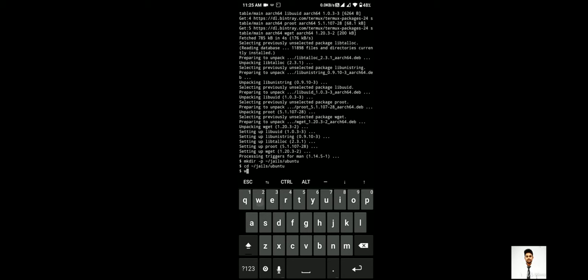Now we do wget https://raw.githubusercontent.com/neo-poly/termux-ubuntu/master/ubuntu.sh. This is the link from where we will be downloading our Ubuntu.